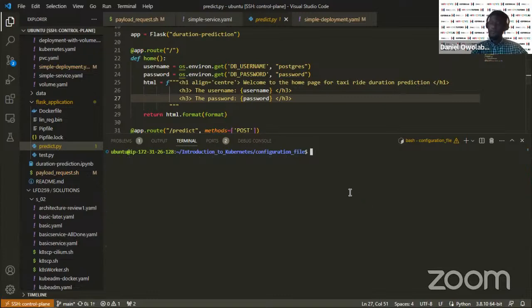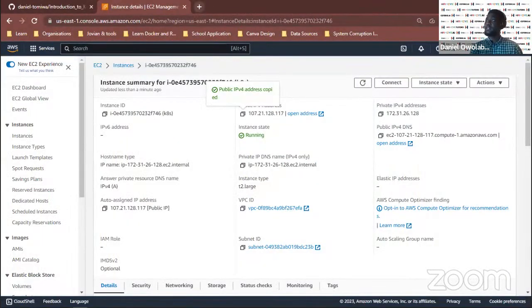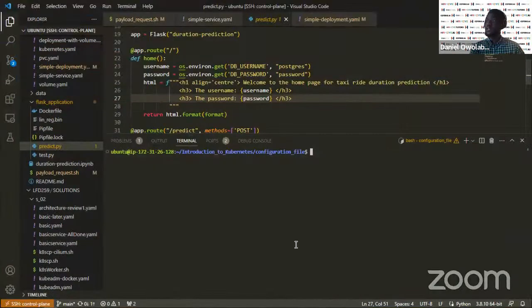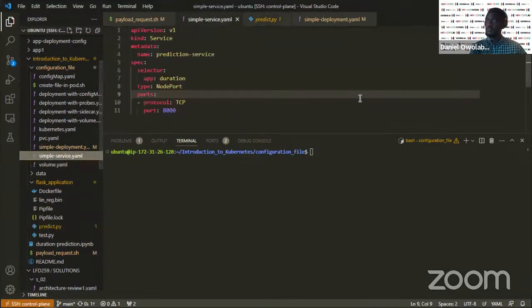So yeah, now I can make that deployment a service, so that I can access it on my local machine. Because what I want to do is come to this place and go to the home page of that app on my web browser. So to do that, I am going to make that deployment a service. So let me look for that simple service configuration file again, and then kubectl apply -f